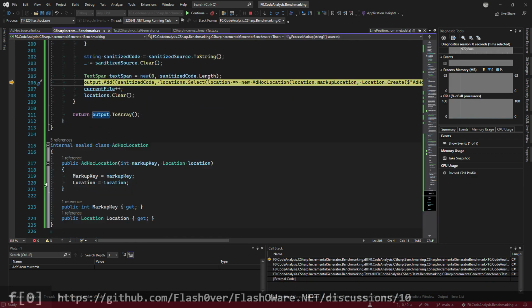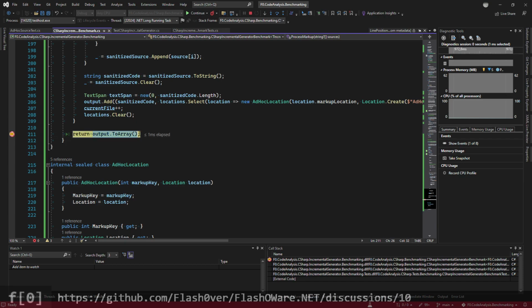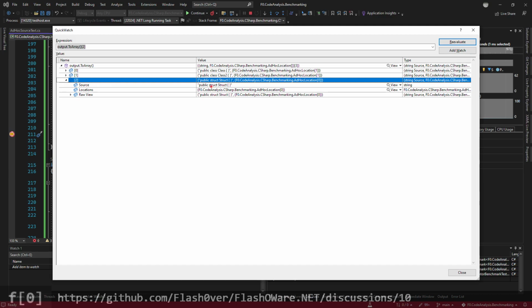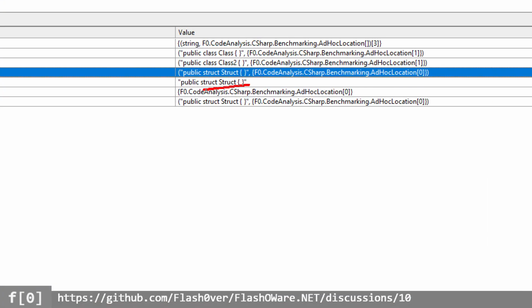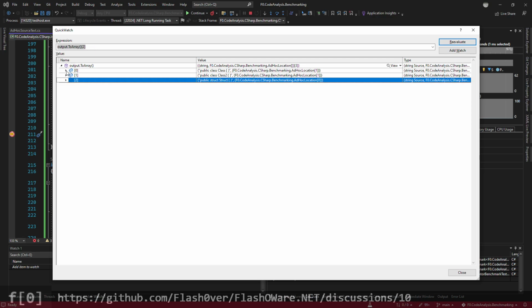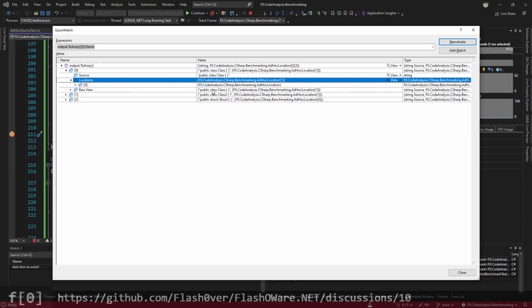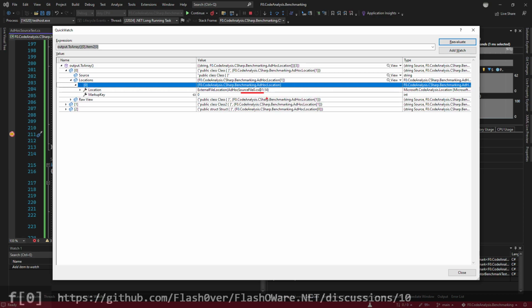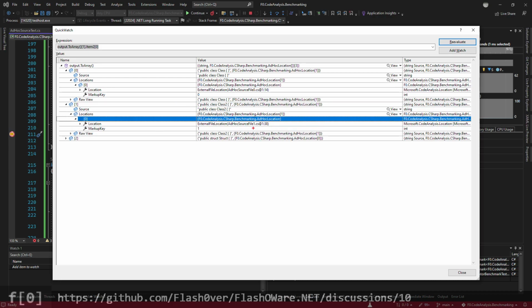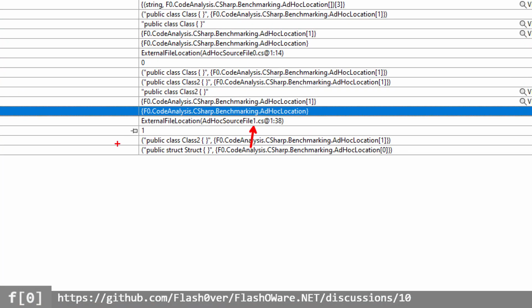Let's have a look at what the output is. The last one is the struct, and the analyzer that we have in place does not add a location for the struct, so the location should be empty. It is, that's good. The first one should have 1 location on source file 0, markup key 0, yes. And the second one should have markup 1 and file 1, and it does. But it has 38, which I believe is wrong, because this should also be